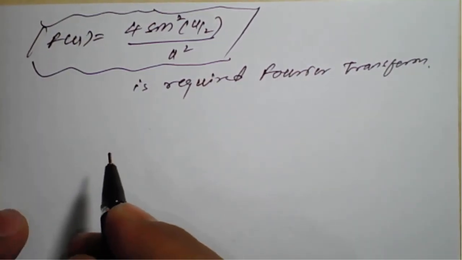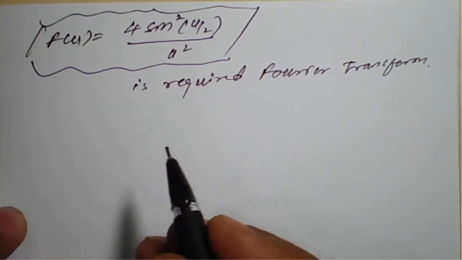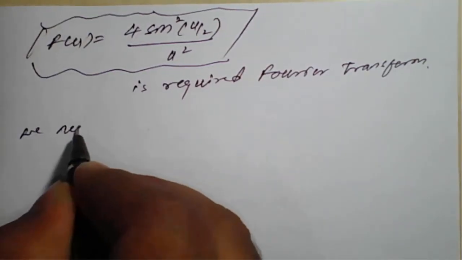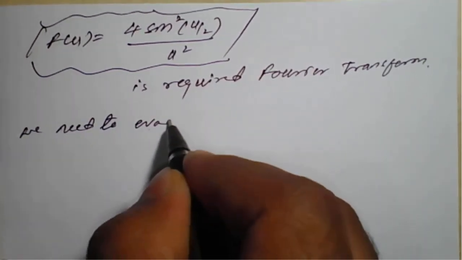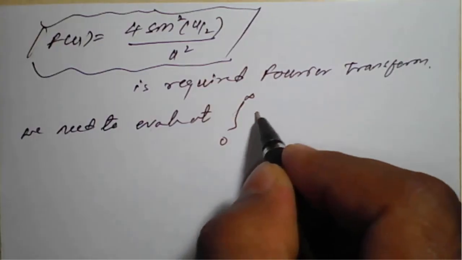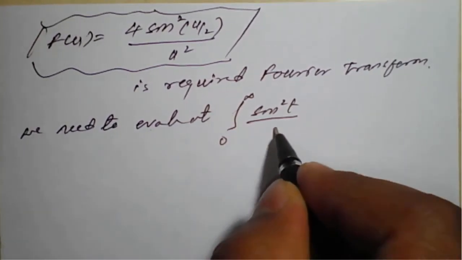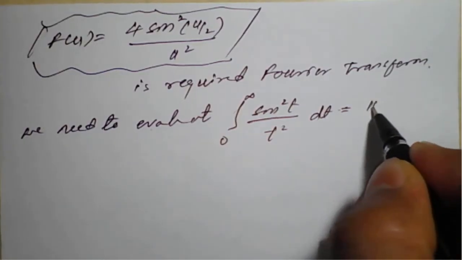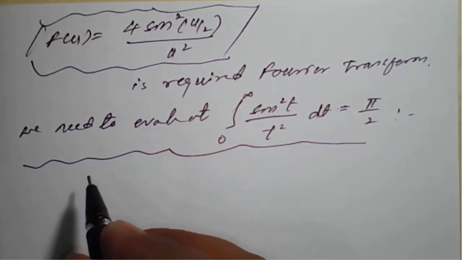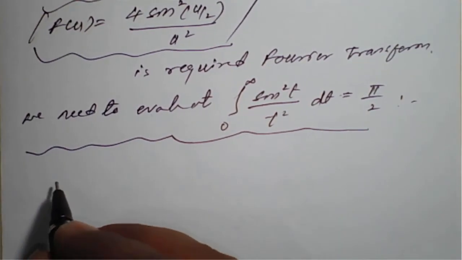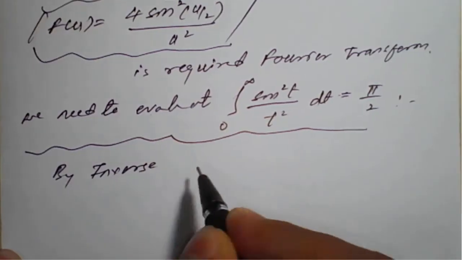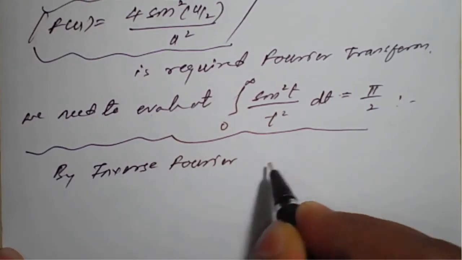Now, as per the given question, we need to evaluate or deduce the integration from 0 to infinity of sine square t upon t square into dt is equal to pi upon 2. We need to simplify this part. So to simplify this part, we know that we always need to consider the inverse Fourier transform. So by inverse Fourier transform,